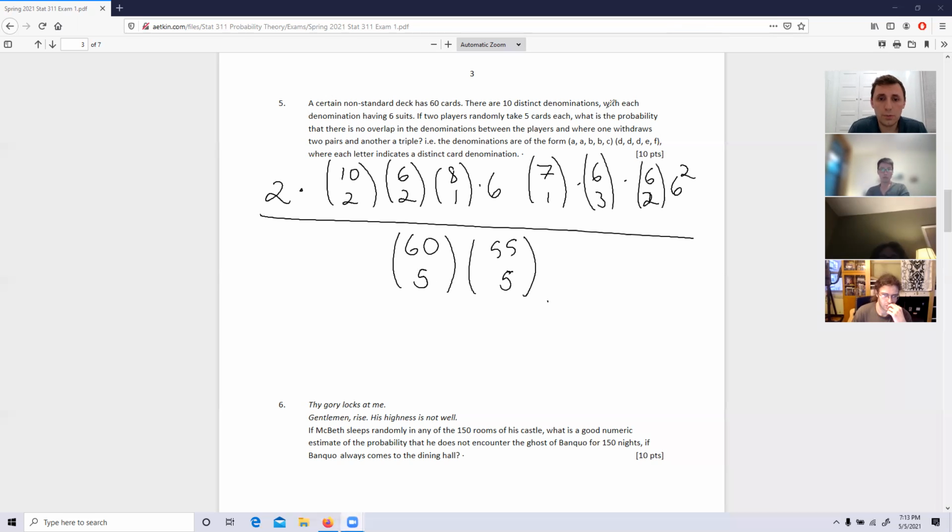Should the 6 choose 2 be squared? This one, right? So why should it be squared? We take two denominations, two suits for the two cards. You mean here the second 6 choose 2? Why I picked the color for this guy and for that guy. No, just like you squared the 6 in the 3 pair because you